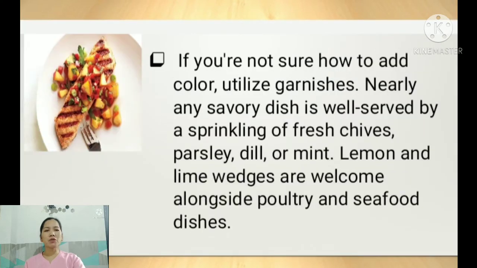If you're not sure how to add color, utilize garnishes. Nearly any savory dish is well prepared by a sprinkling of fresh chives, parsley, dill, or mint. Lemon and lime wedges are welcome alongside poultry and seafood dishes. Okay, kung mga wala namang prutas, pwede tayong maglagay ng mga sangkap o mag-sprinkle ng mga spices and herbs sa